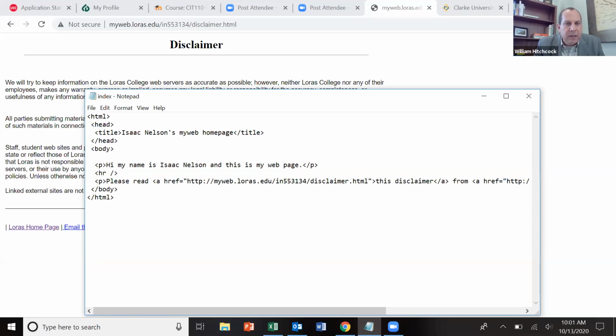So type in 2 spaces, less than, IMG for image tag, space. The attribute is the source attribute, SRC, equal, quote, Isaac.jpg. Quote,